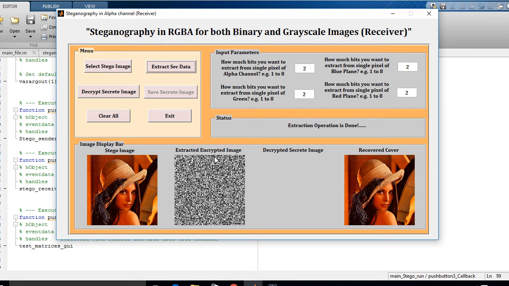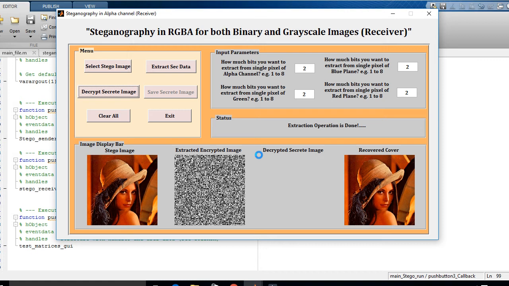Yes. Now this is my extracted encrypted image. Now we are going for decryption. So just click on decrypt secret image. So it will decrypt our secret image, and that image will display over this axis.